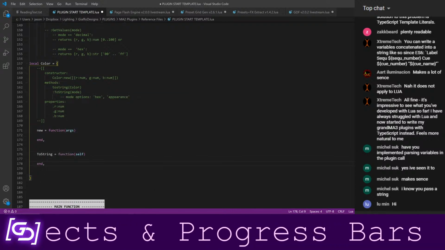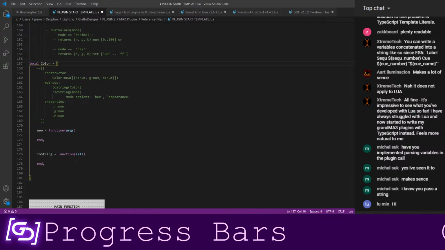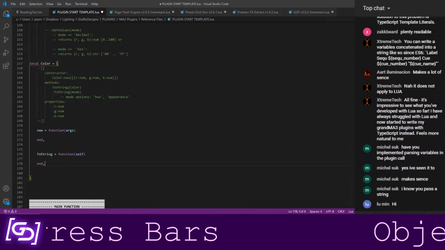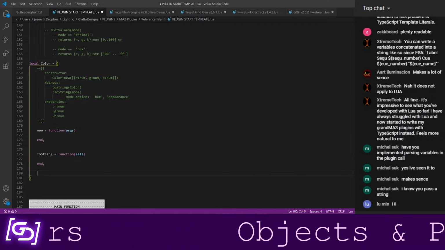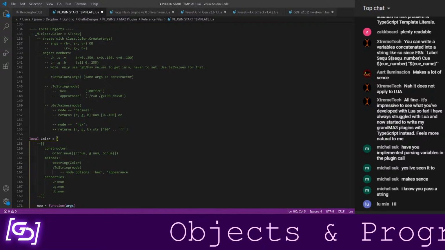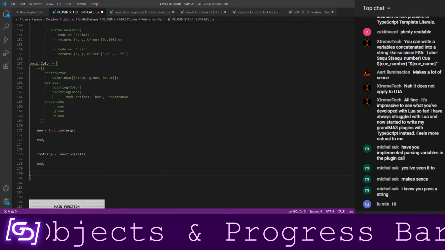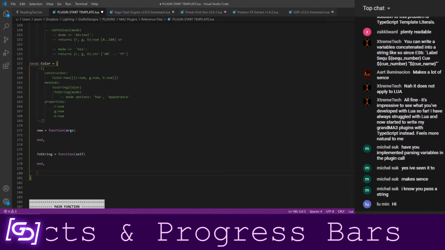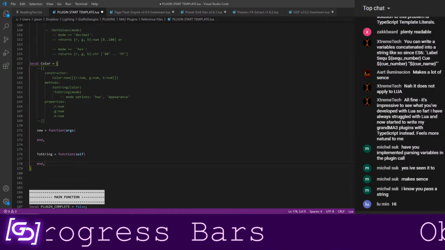And we are putting a comma in between these because, again, we're just declaring all of these as values inside of this table. At the end of the day, this is just a big glorified table. It's just a table, but you've set it up to do a bunch of extra stuff from what you would normally use a table for. So we have tostring, and that's actually all we really have to add to the class.